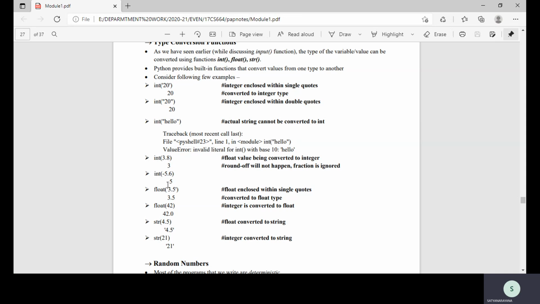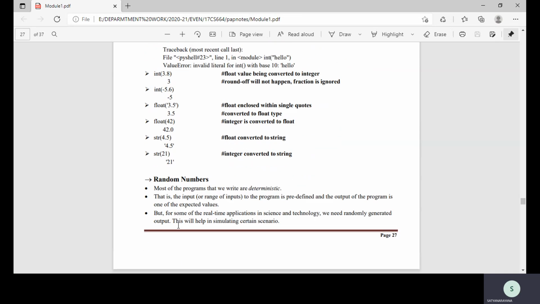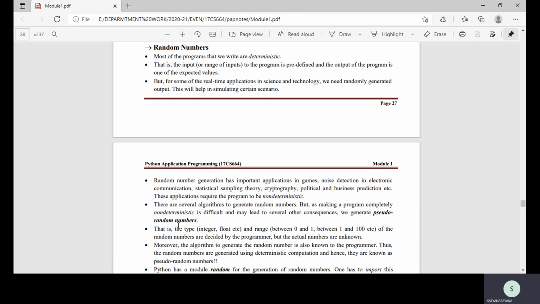You can see the example. If you want to convert into float, you can convert into float. If you want to convert into string, you can convert into string, etc. So these are the various type conversion operations we have. Type conversion is made so easy in Python because you just take the data type and it is going to show us the final output.